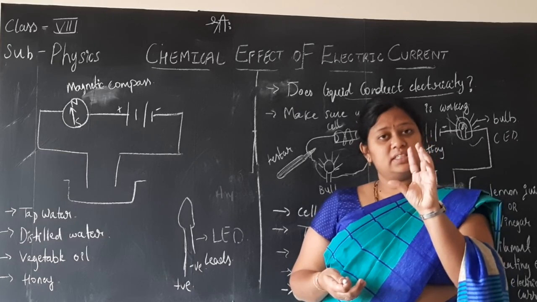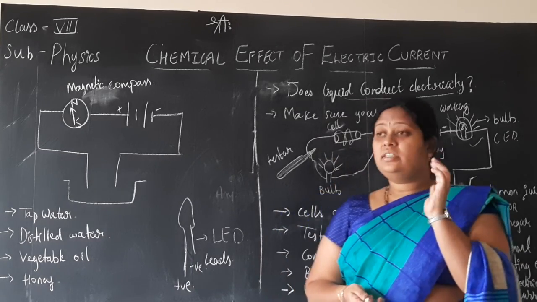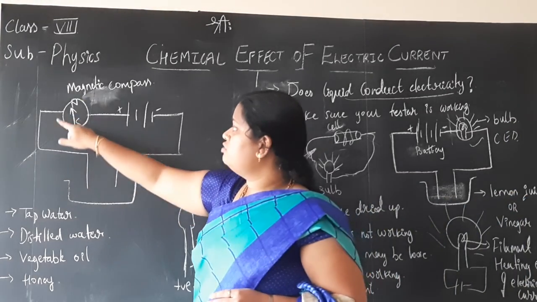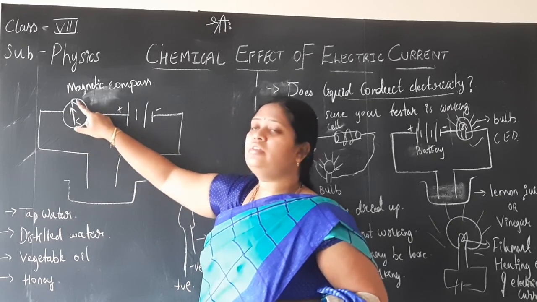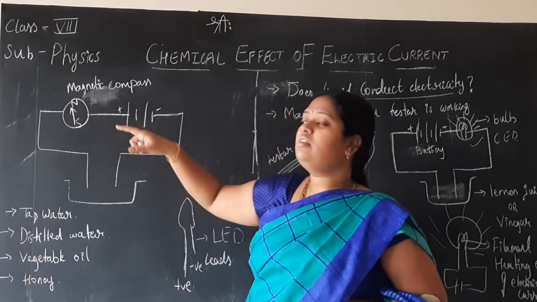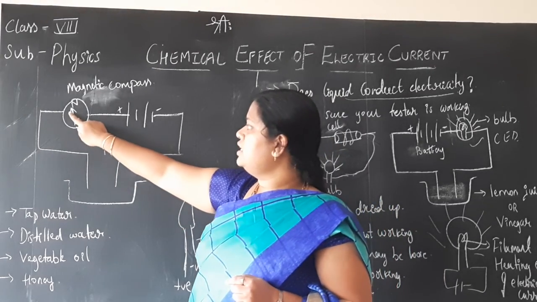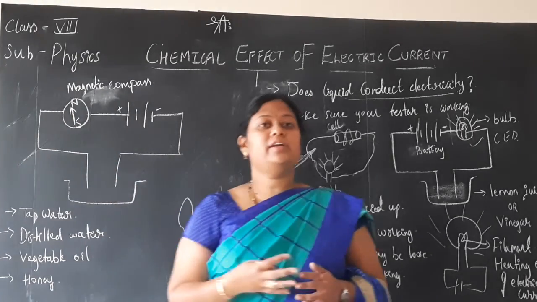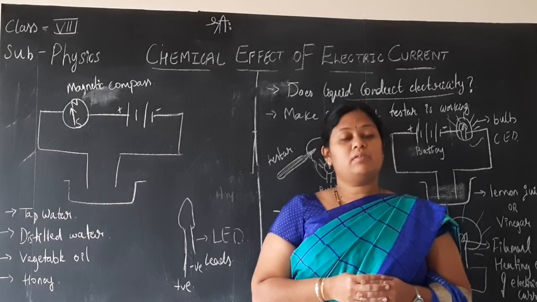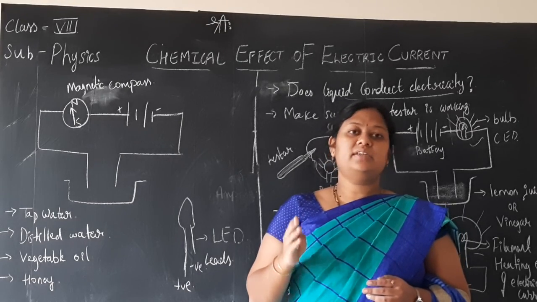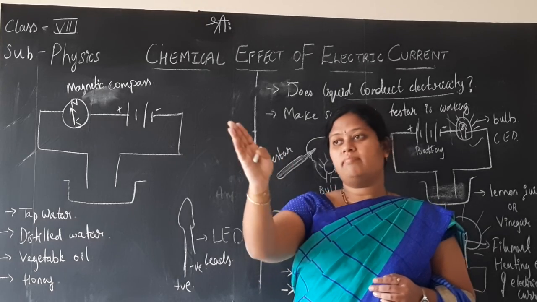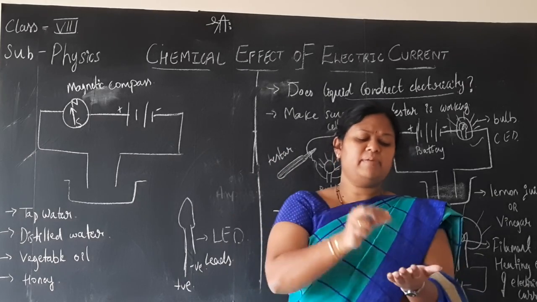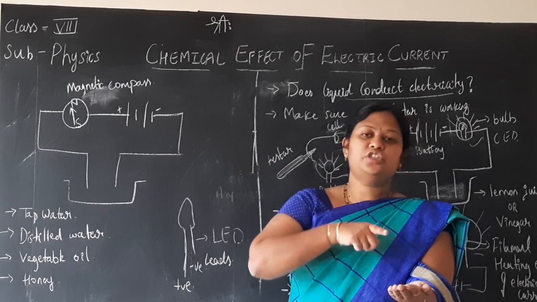A magnetic compass is a device which consists of a magnetic needle in it. You can see here in the picture, I have drawn a circle and inside I have written north and south. N and S here mean north and south directions, and you can see the arrowhead pointing towards the north. Why? Because the magnetic compass is a device which always shows magnetic north. Simply if I bring the compass and keep it on my palm, it shows me which is north.